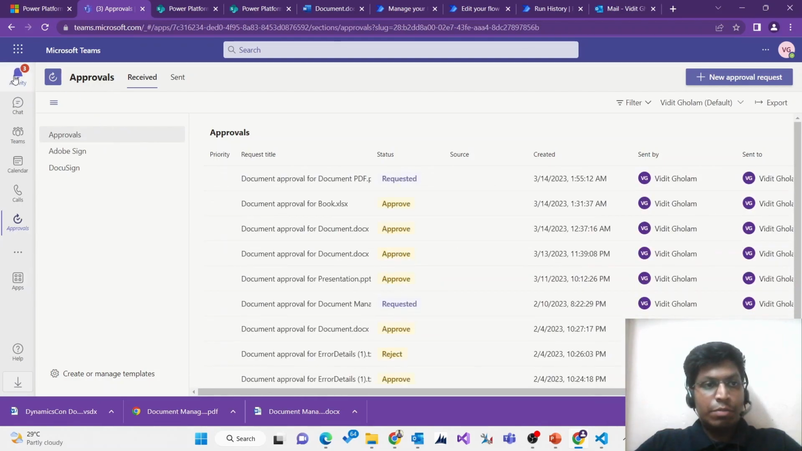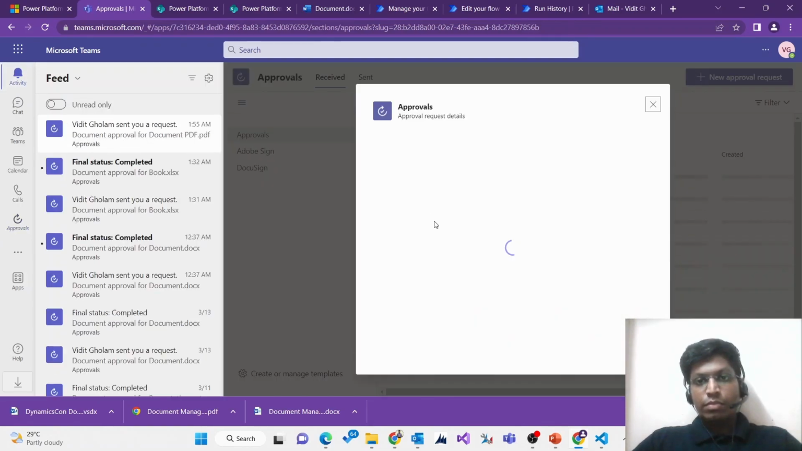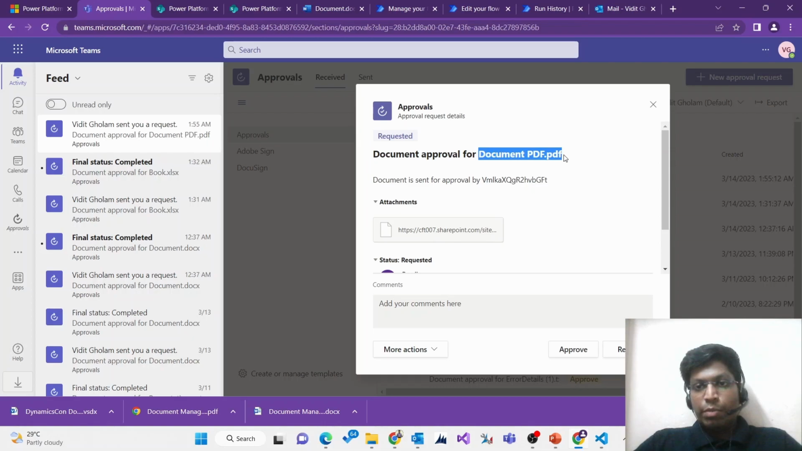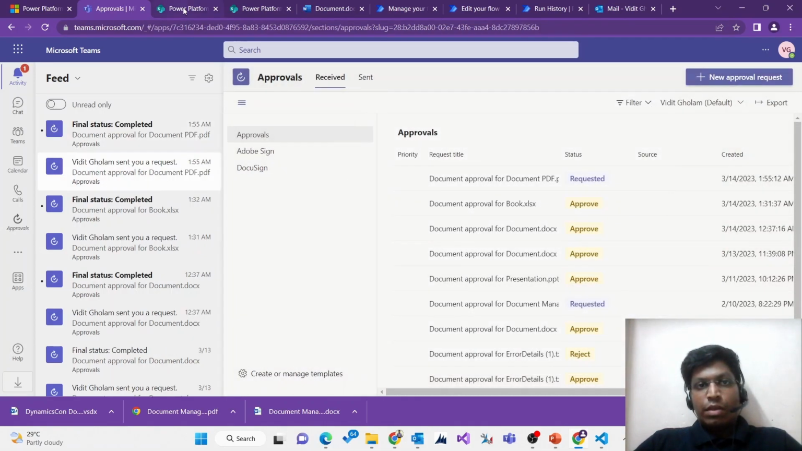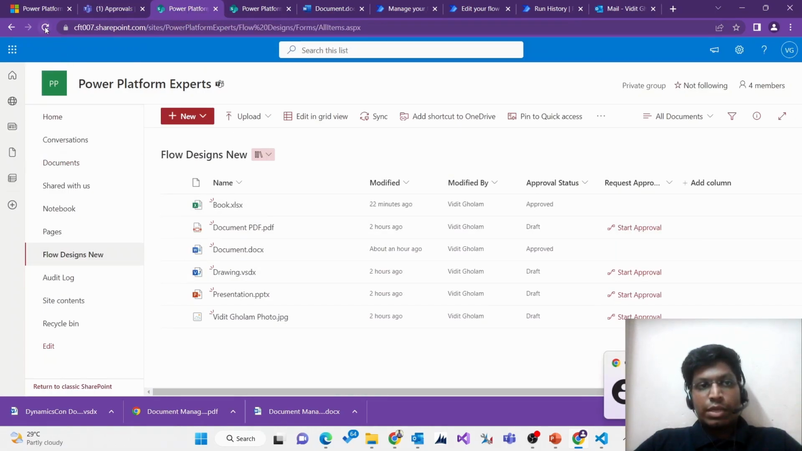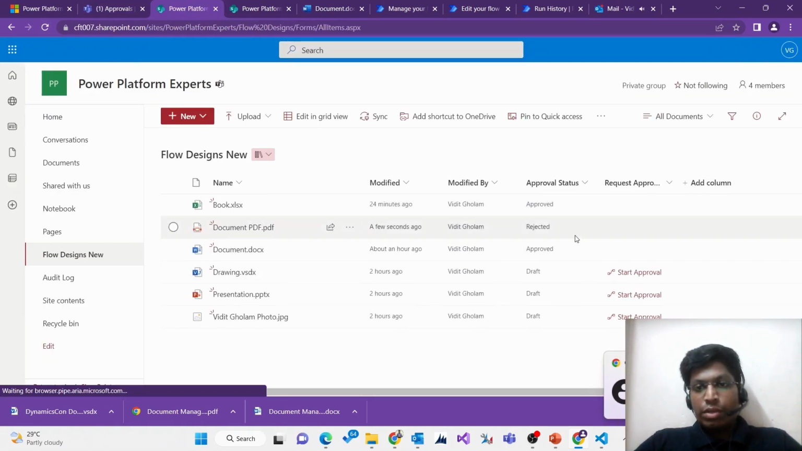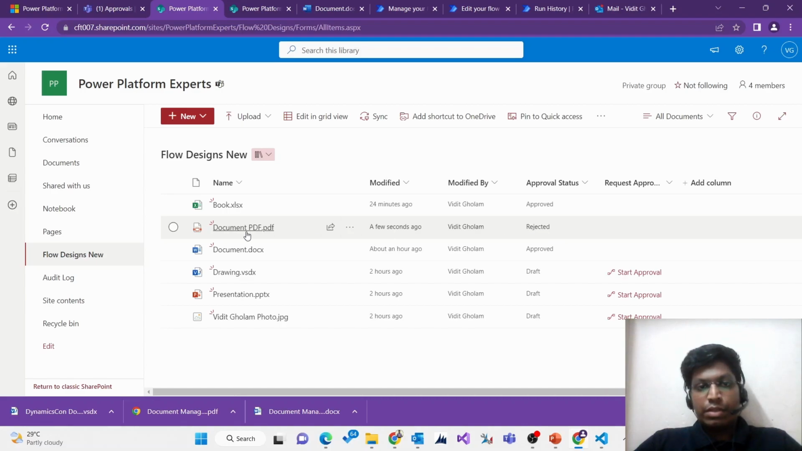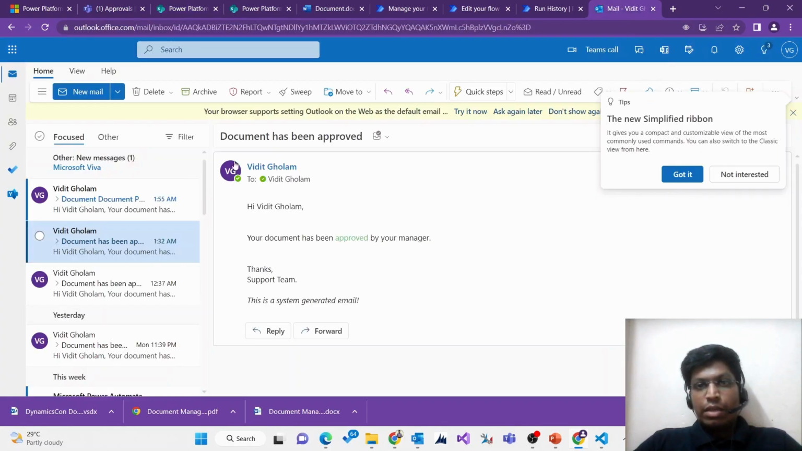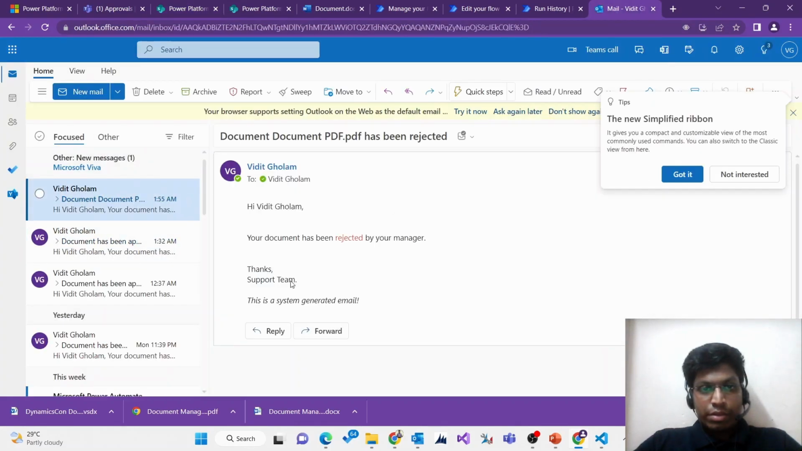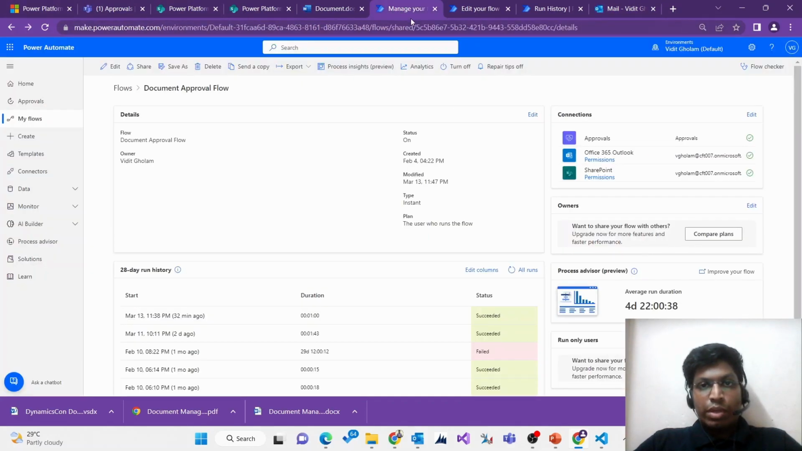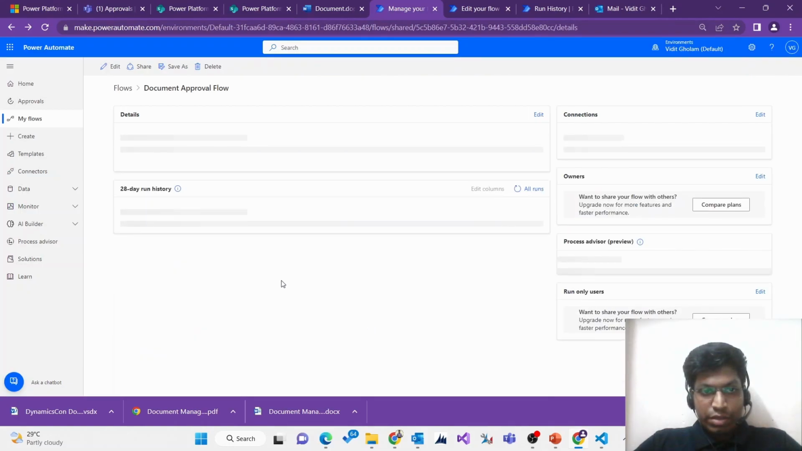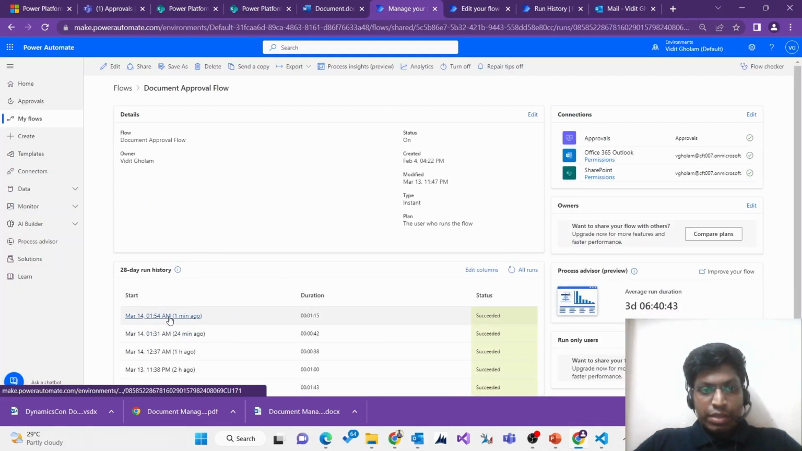I did receive the approval. It was for a PDF document. This time I will reject it. If you now go to the SharePoint site and reload, this document has been rejected. If you go to the emails, you see the rejected email. Now if we go to our flow, if we refresh this, and look at the latest run,